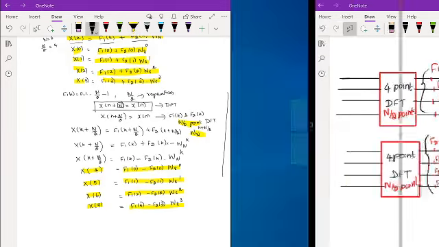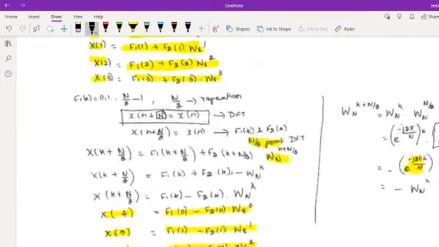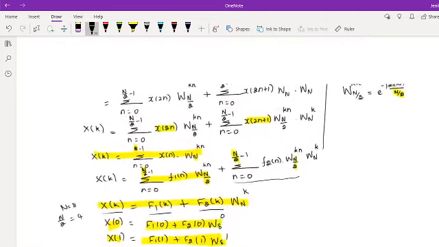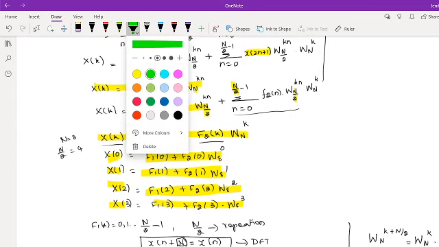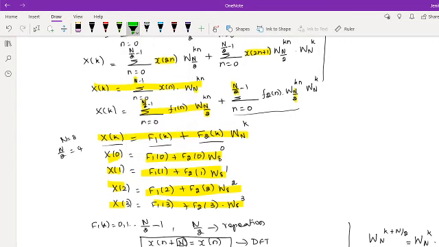Even I can come here for that representation of f1 and f2 of k. So if you see, the f1 of k we represented is the summation n equal to 0 to n by 2 minus 1 of f1 of n, that is the n by 2 point DFT. Even if you see f2 of k, summation n equal to 0 to n by 2 minus 1, f2 of n w n by 2 power k. So both the equations are the same, only with f1 of n and f2 of n representation. So you can choose anyone, either f1 or f2. I am going to prefer f1.